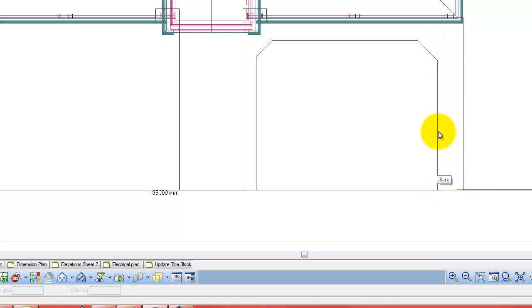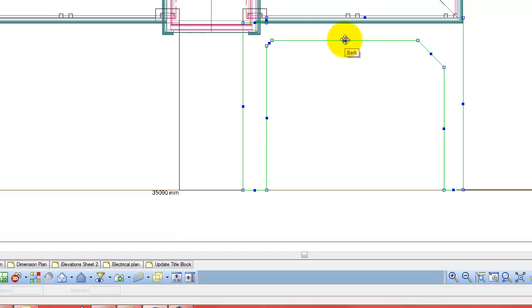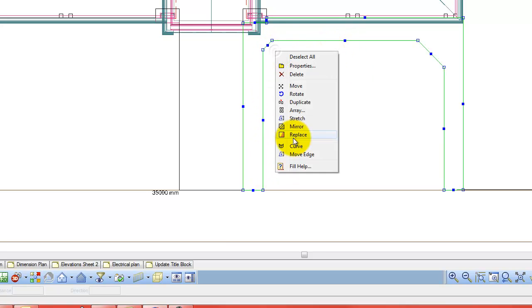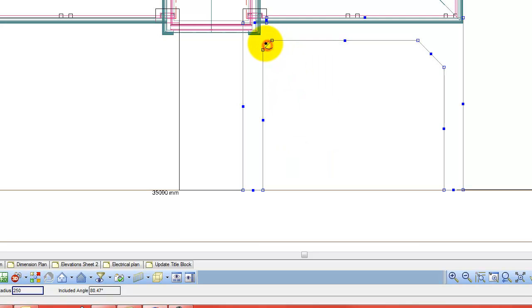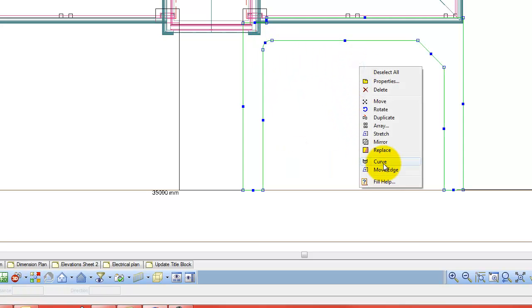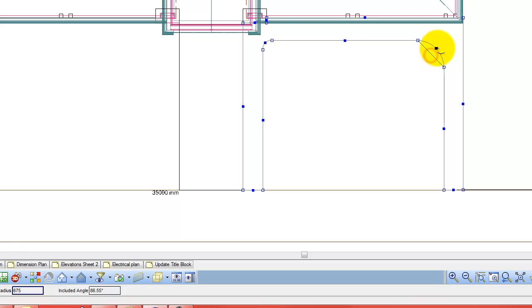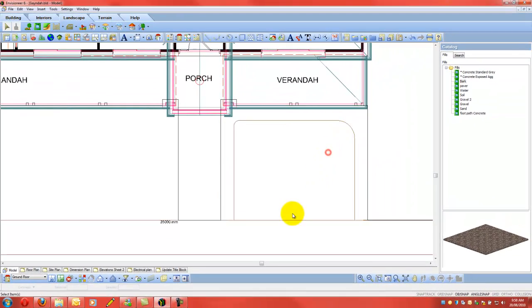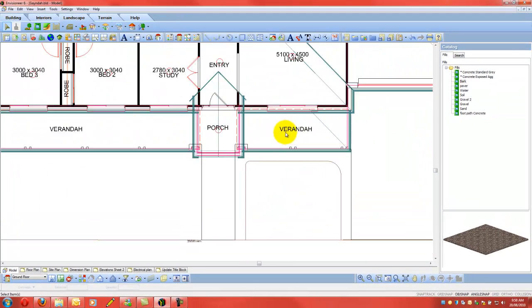Now what you can do with this bark, you can now manipulate it. You might want to move that a bit closer, you might want to move this a bit further away, whatever you want to do with it. Another thing you can also do is curve it. So you just right click, go curve, hover over the node you want to curve, like that, looks a bit neater. And then you can go over here to plants,